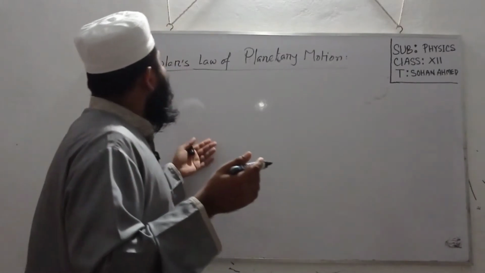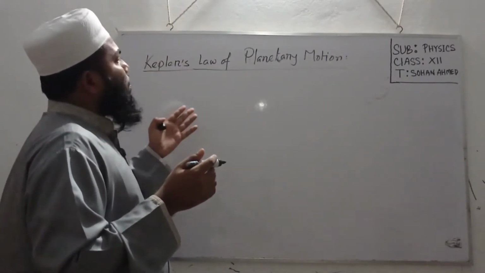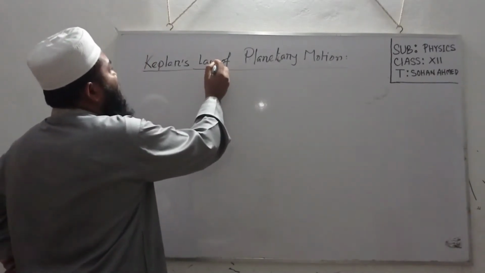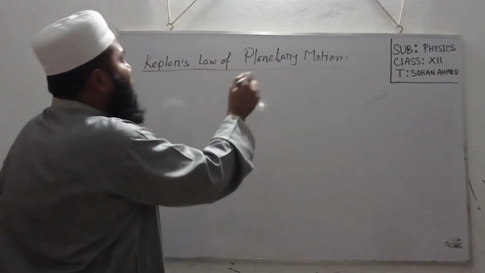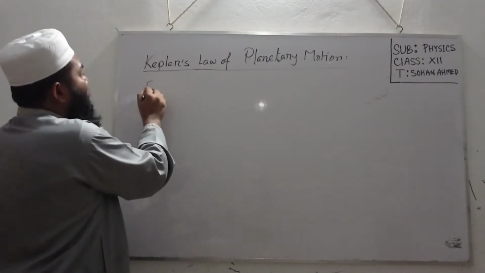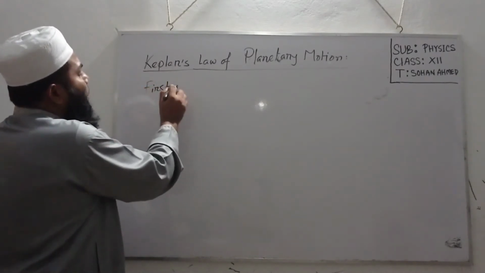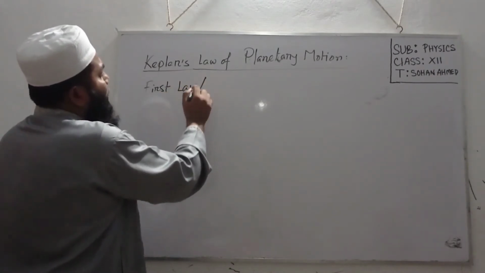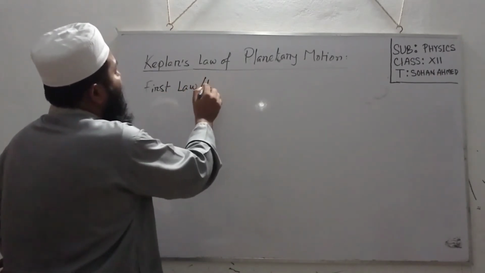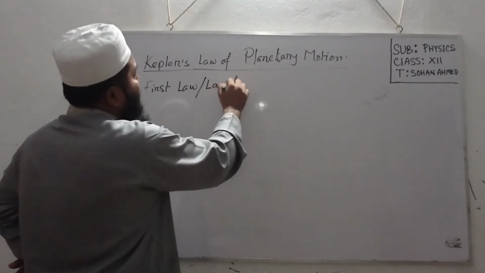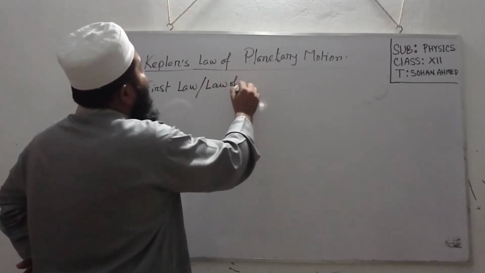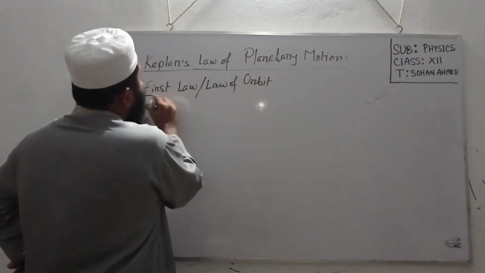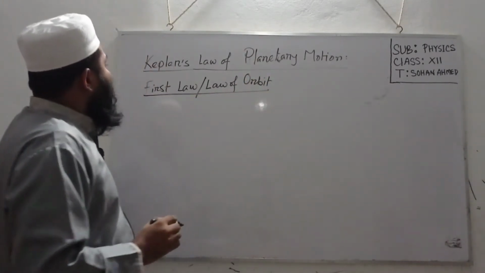and the scientist Kepler gave three laws about planetary motion, Kepler's laws of planetary motion. First law, another name is the law of orbit. According to the first law,